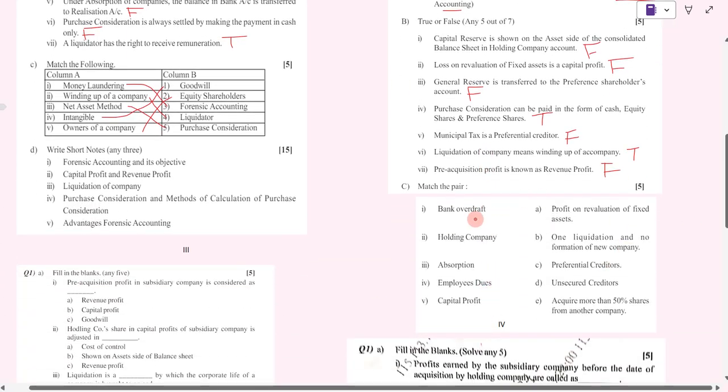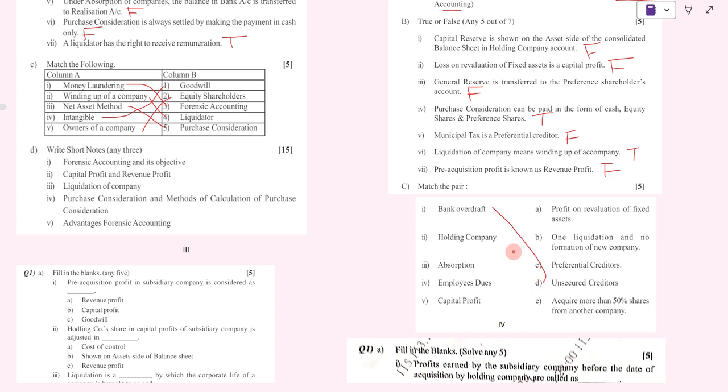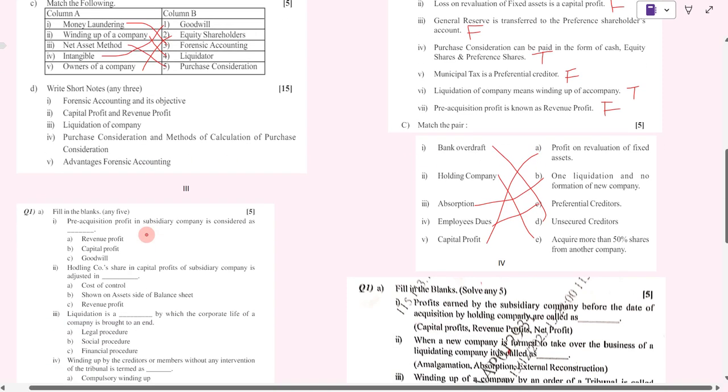Match the following. Bank overdraft, unsecured creditors. Holding company, acquires more than 50% shares from another company. Absorption, one liquidation and no formation of new company. Employee dues, preferential creditors. Capital profit, profit on revaluation of fixed assets. Now next,